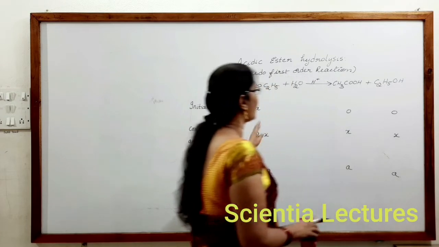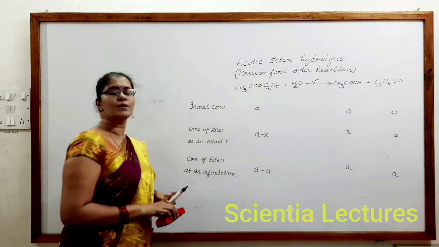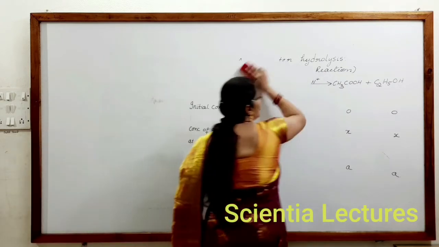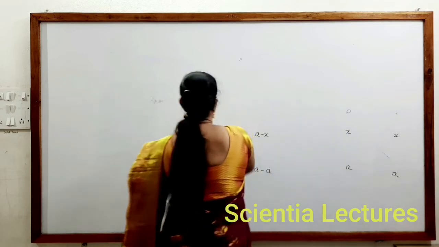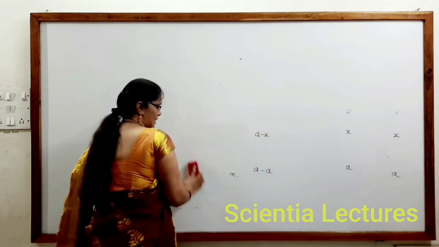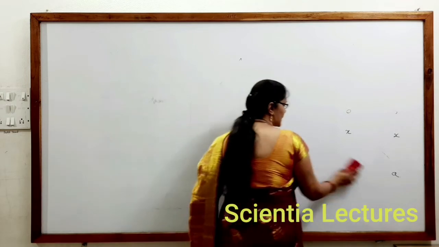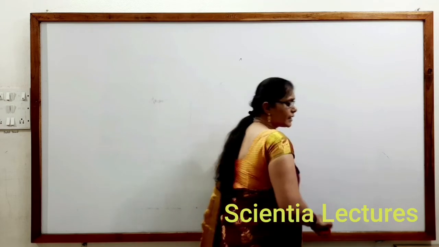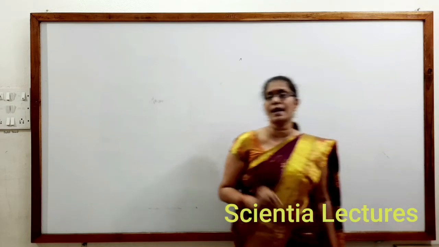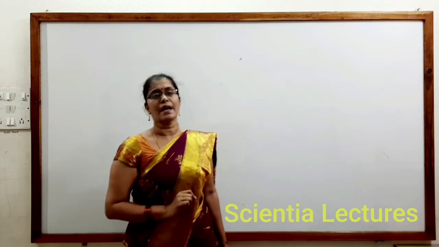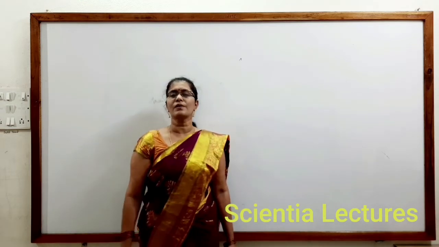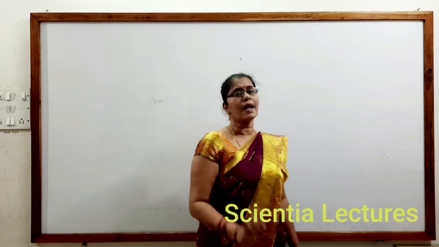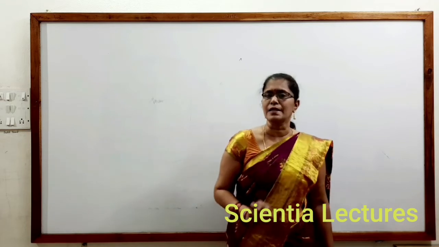So remember this tabular column very clearly, and what its concentrations are at different conditions. Now let us check. When it is titrated with a base, the base generally reacts with only acid. Initially, the only acid present is the catalyst. At an instant T, what is the acid present? Now clearly understand the concept. Initially, what is the acid? NaOH is a base. It reacts only with an acid. The initial acid present is only the catalyst H plus.